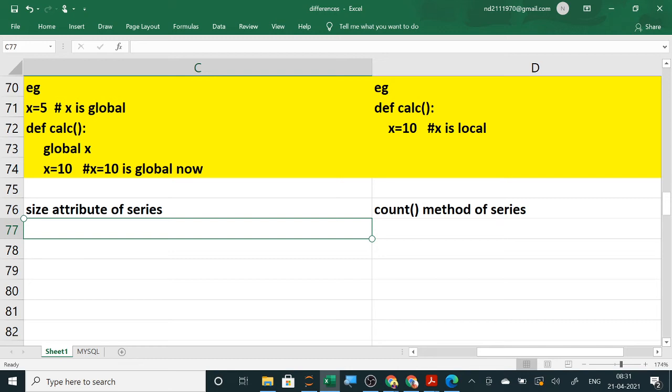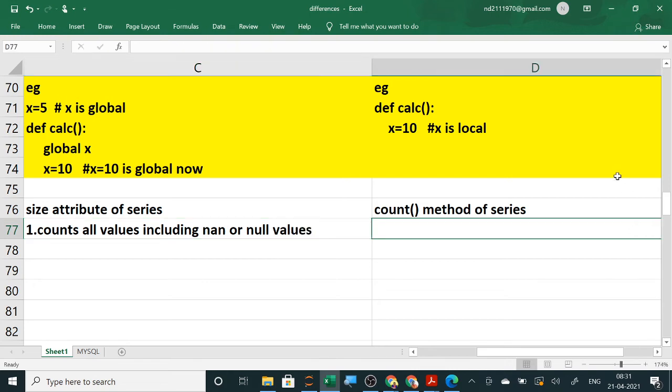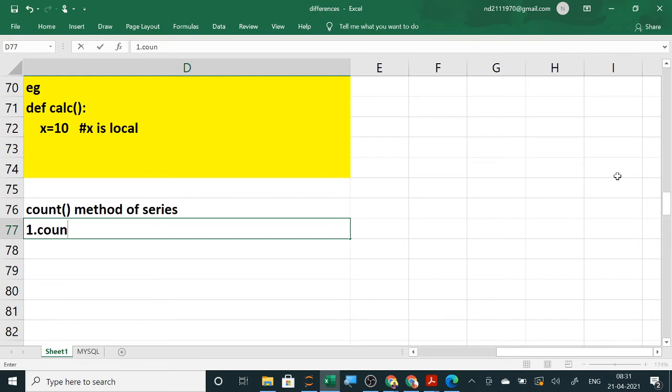The third one is that it will count all the values including NaN or null values, and here it counts only not null or not NaN values.